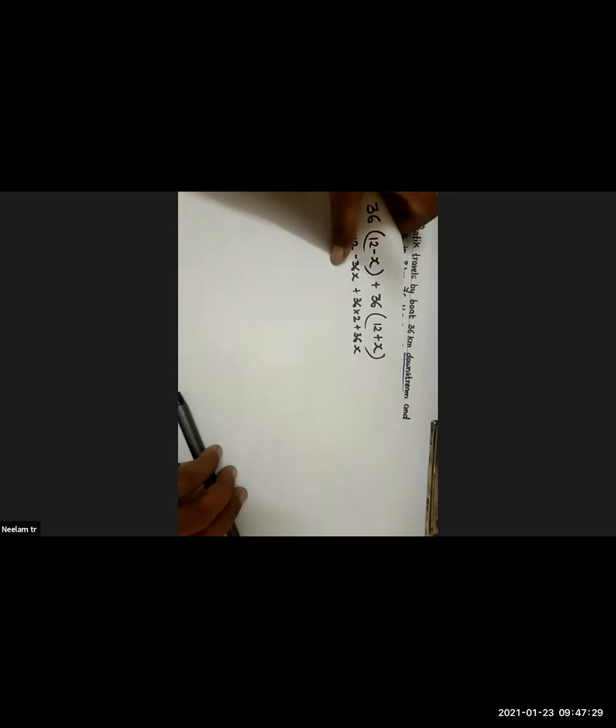Just you need to open this bracket। देखो ऐसे 36 into 12, ठीक है, फिर माइनस 36 into x, फिर 36 into 12, ओके, फिर 36x। ये प्लस और माइनस कैंसिल होगा, ये भी कैंसिल हो जाएगा। समझा? यस मिस, थैंक यू मिस। ओके, यस लक्ष्मी।